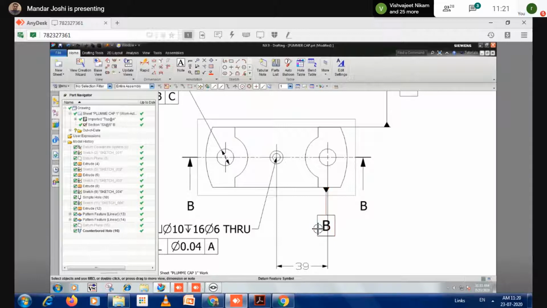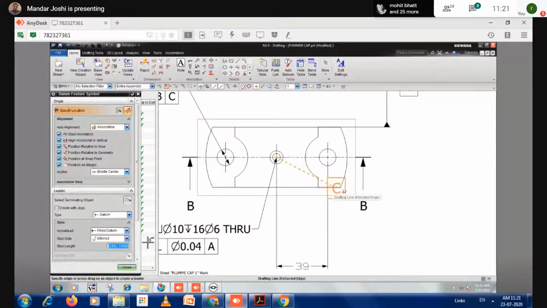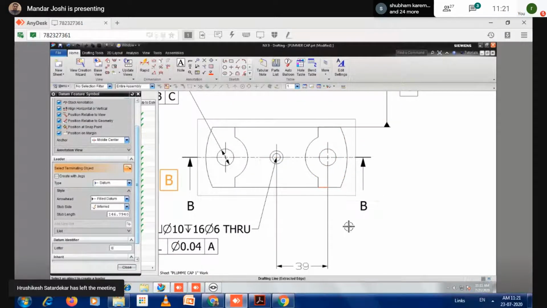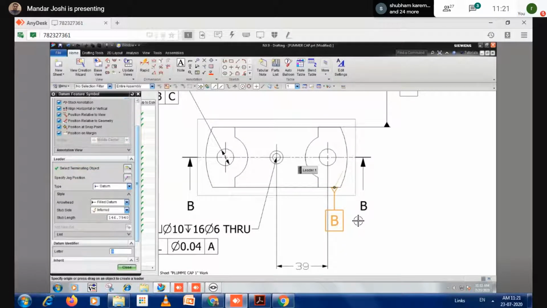I delete this once again. I put that value B later. I apply the step length here.